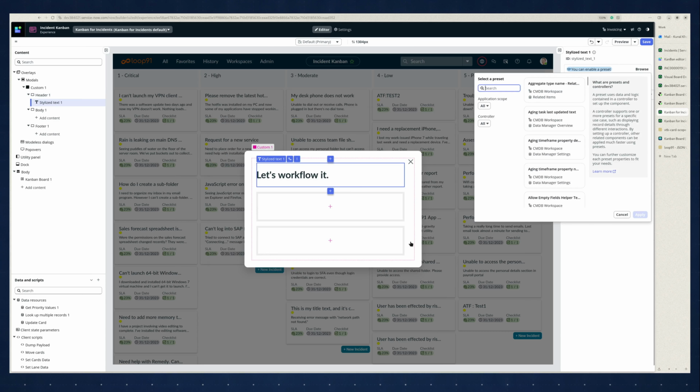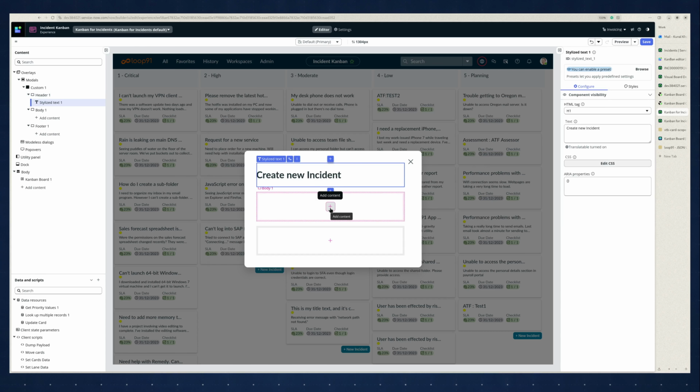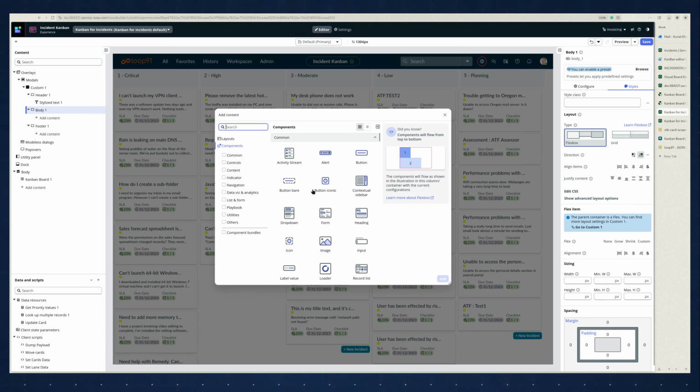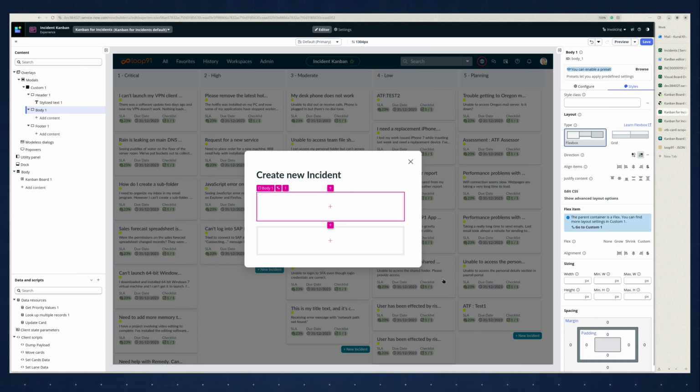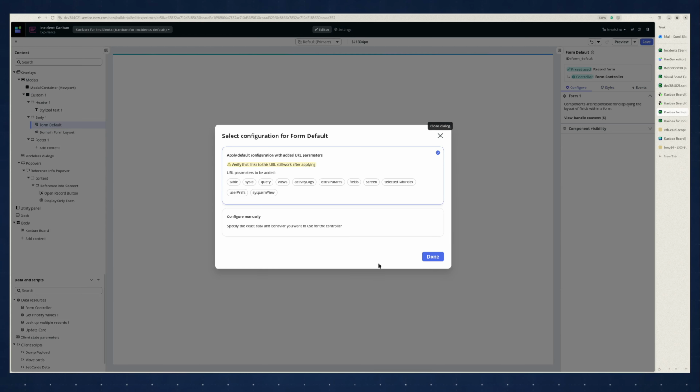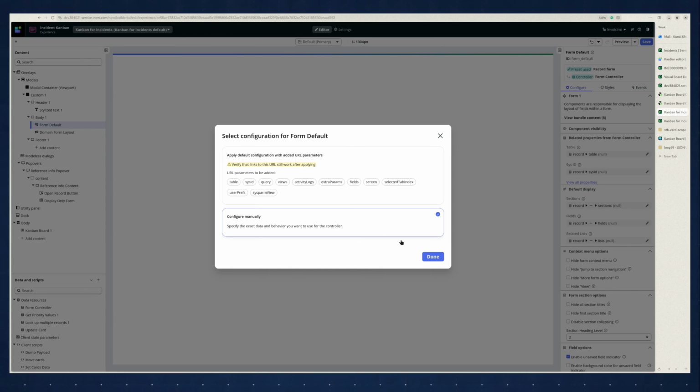Let me pause my video and configure this, and I will restart after that. For our body, we will add simply a form controller, and we will let ServiceNow configure most of the things for us. Configure manually, done,